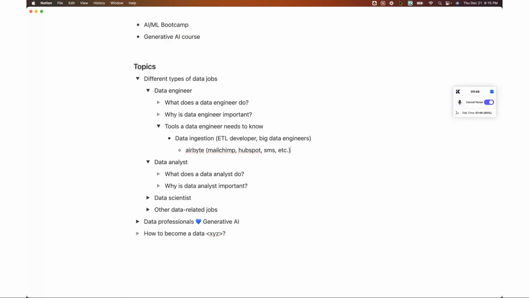And the problem with this is that the data you need, right? It's siloed and it's stored in many different platforms. The job of a data engineer is to actually ingest this data from MailChimp, HubSpot, different systems into a centralized location, right? That could be a data lake, it could be a modern data warehouse, which are basically just databases that store data.